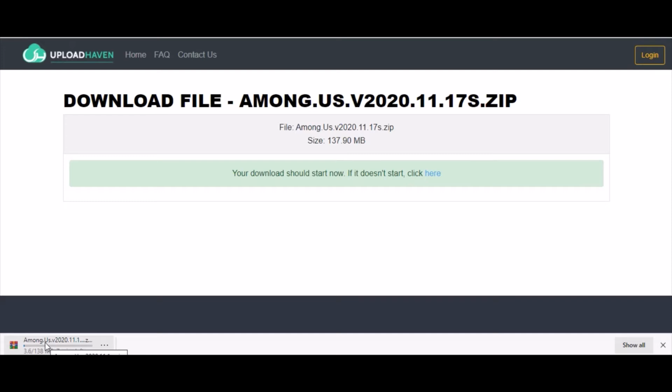And guys, if you want the latest version, for me this is the latest version now, but when a new version comes out, you have to go to steamunlocked.cc and download the latest version again. You also have to download Steam for this to actually work. You can just go to Steam's official website and download it. It's free. It will not take very much space. You just have to download Steam.